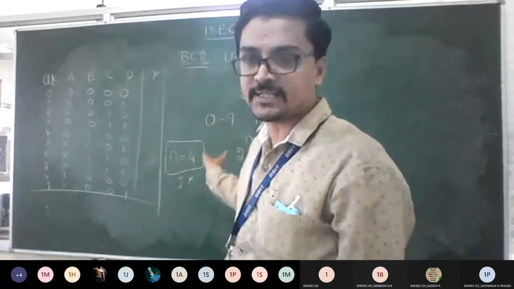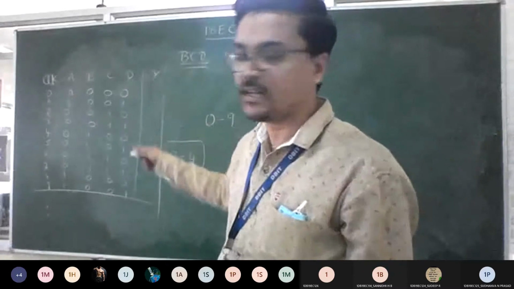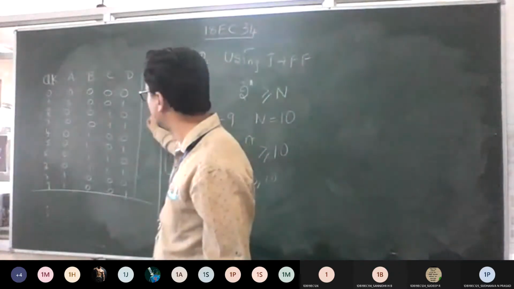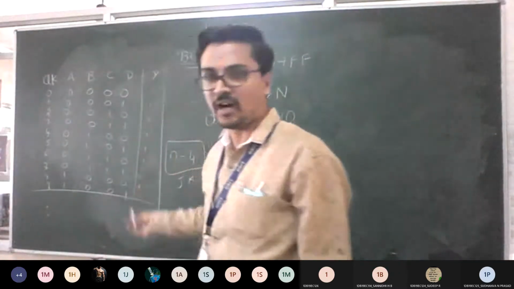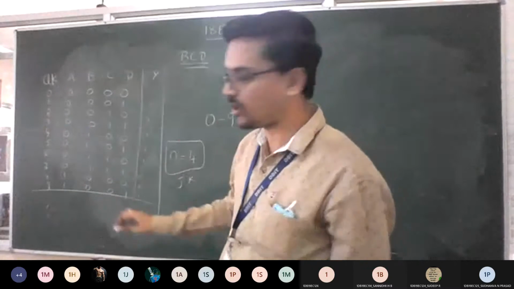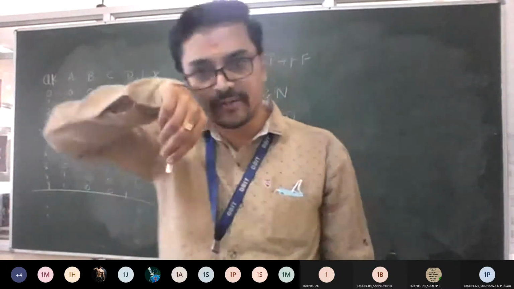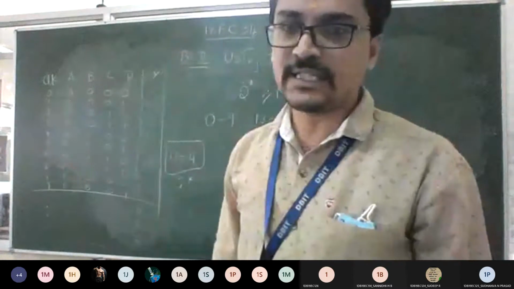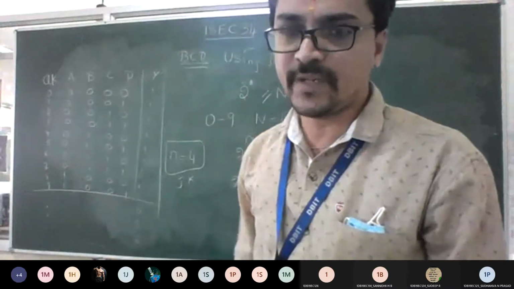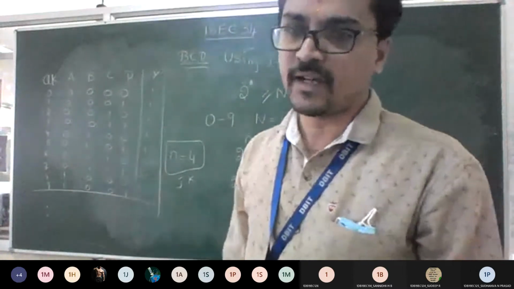You wrote 10 states. It means from 0 to 9 the output is 1 only. Yes or no? After 9, whatever input you give, whatever clock you give, the output changes to 0, because I should count only from 0 to 9. So till there your count should be high, which means the output should be 1.